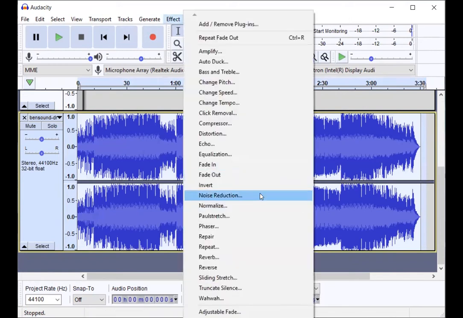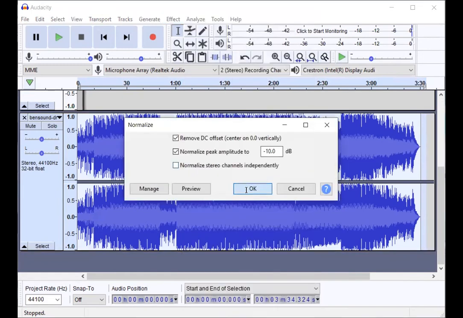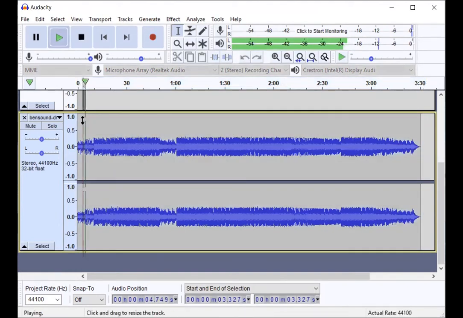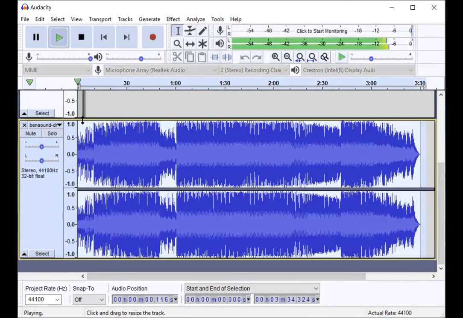I actually genuinely don't know why they made this such a loud file. There we go. That looks a lot nicer. Well, everything's very quiet through the speakers, but